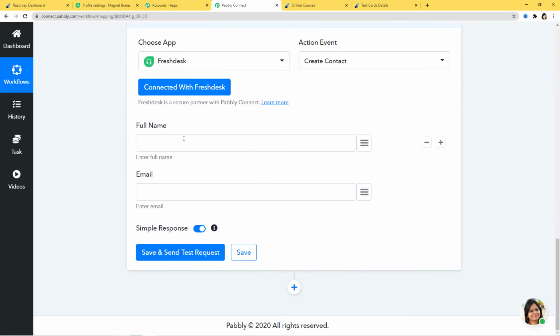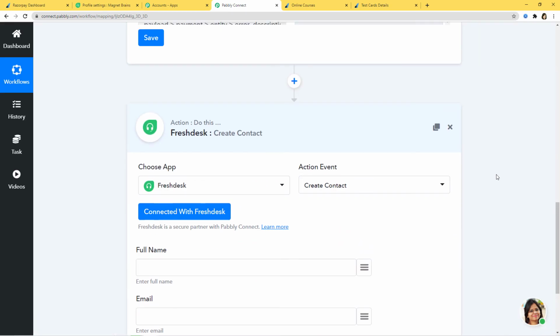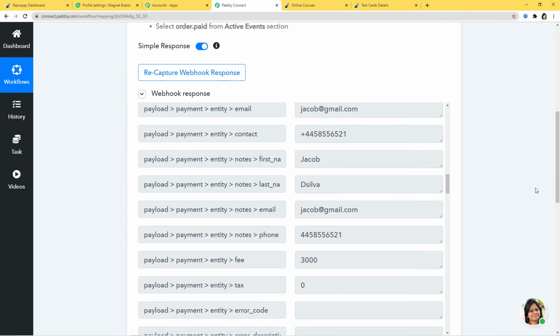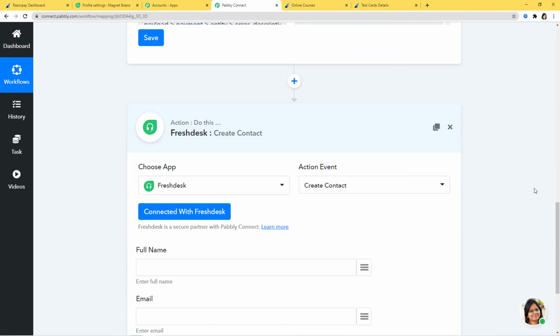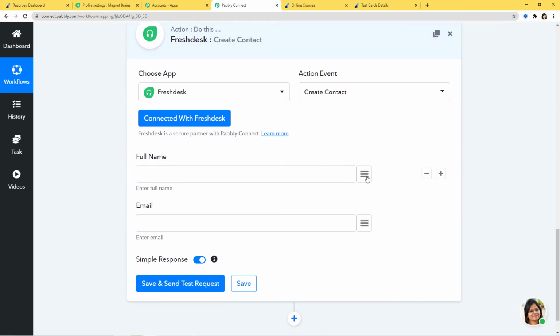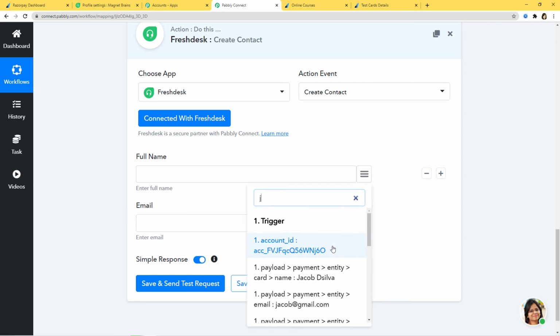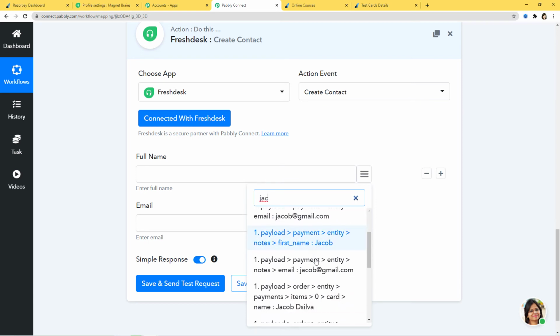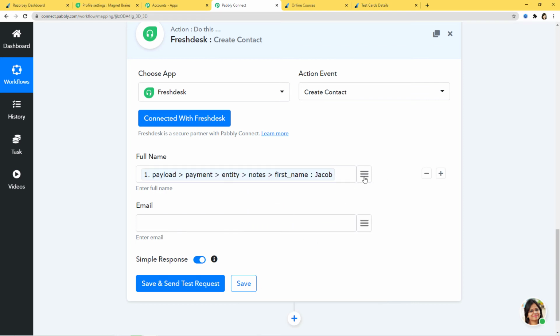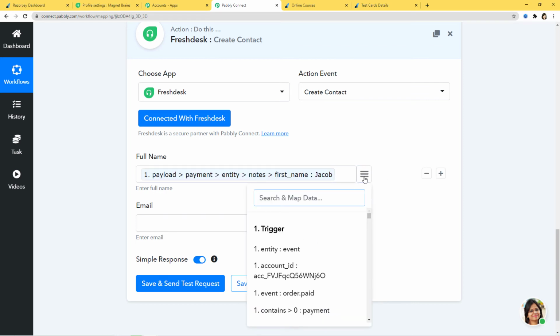Okay, so now here we have these two fields over here and we have to fill the information from the webhook response that we have got. So I'll just map these information. First is full name. So I'll just map the full name. Let us search. Okay. It is here. First name is Jacob and I'll also map the last name